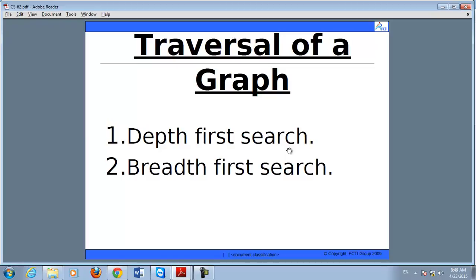In trees, we have read about three techniques to traverse every node at least once, which are pre-order, in-order and post-order. In the case of graphs, the traversal techniques are categorized into two categories, that is DFS and BFS: depth first search and breadth first search.